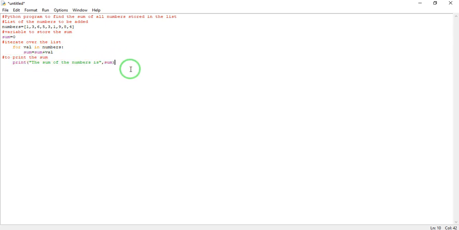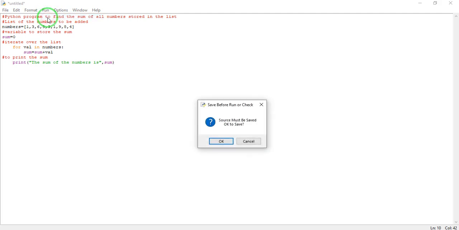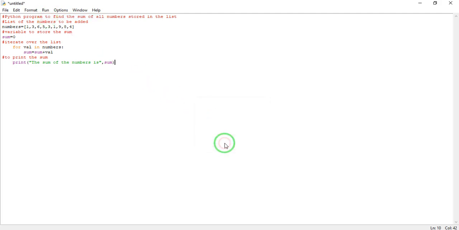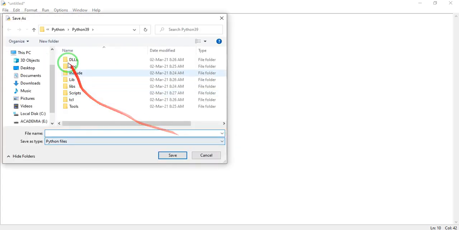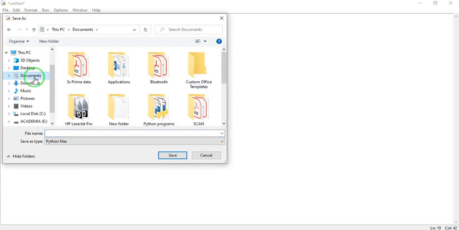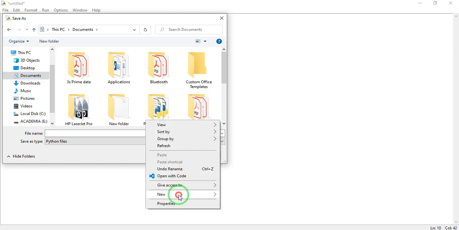So let us run this program. For running this program, let me run the module. First we have to save this. So let us save this in our documents. Let me put a folder.